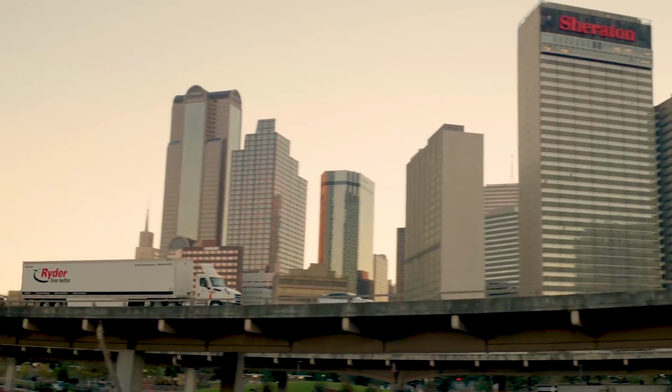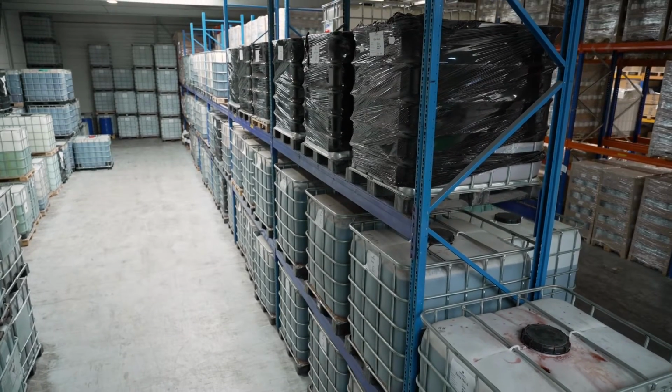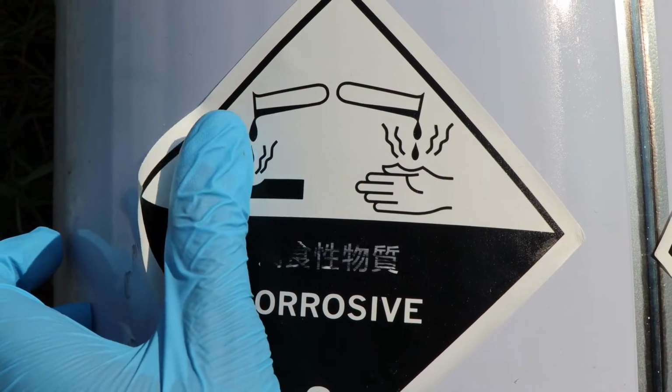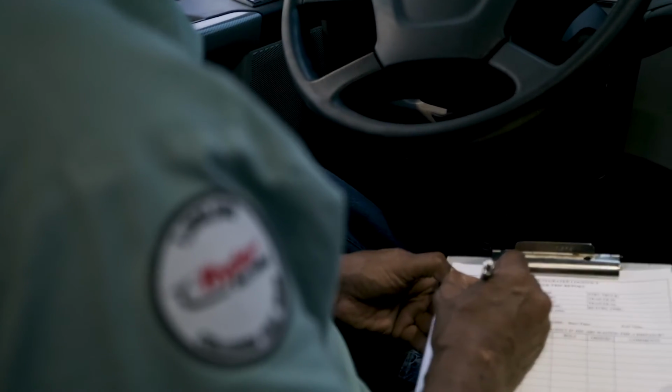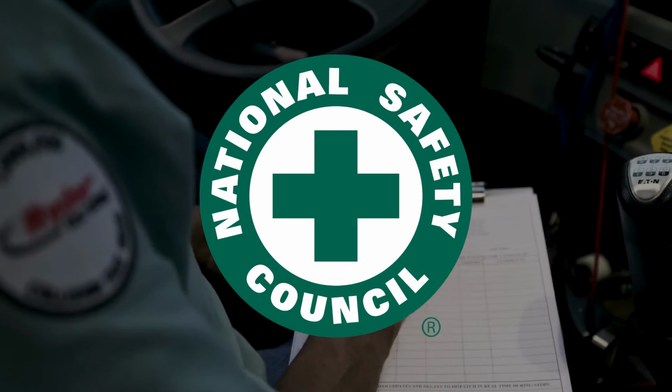At Ryder, all our solutions are built on a foundation of safety. This includes an expertise in handling hazardous materials that ensures compliance and peace of mind. Because of our expertise and focus on safety, we were the first logistics company to win the Green Cross for